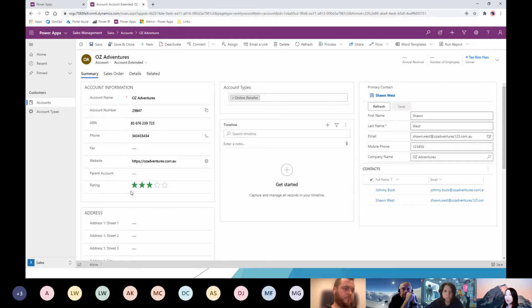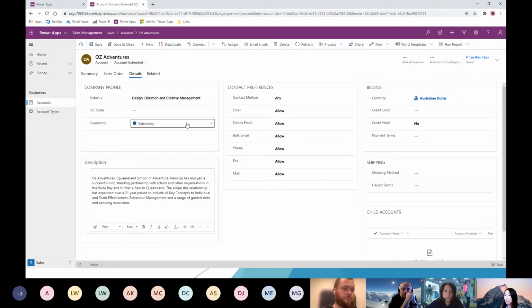Rating control, previously it had the number 3 in it. Sure, that's fine. But if you can actually visualize that kind of data, it might be much easier for the user to quickly come in and see, and then, oh yeah, there it is. And also in the details, we have options. Usually when you configure option sets in Power Apps, you can associate each option with a color. But for some reason, this doesn't get exposed out of the box, which is kind of weird because it's there. So this PCF control essentially grabs those colors that you associated with the options and then displays them.